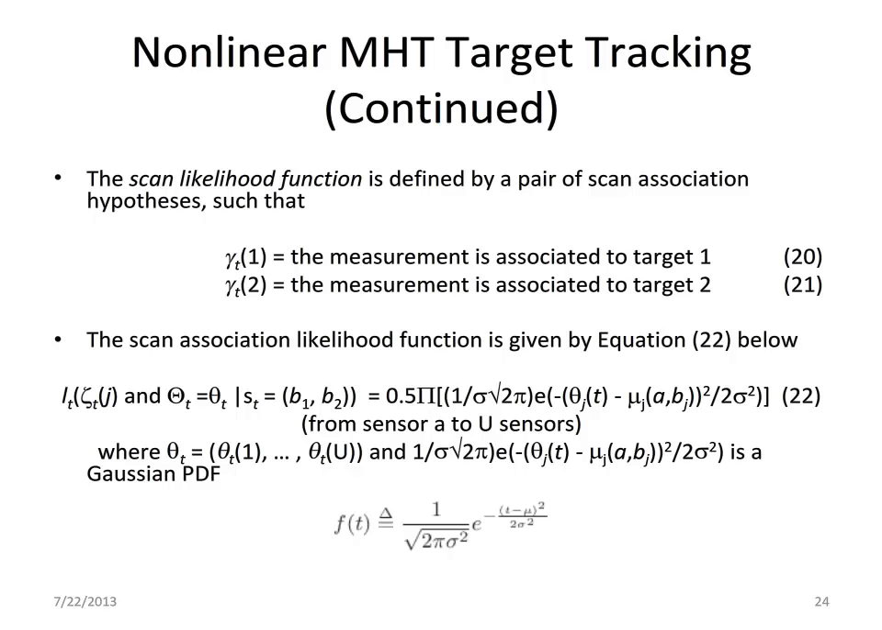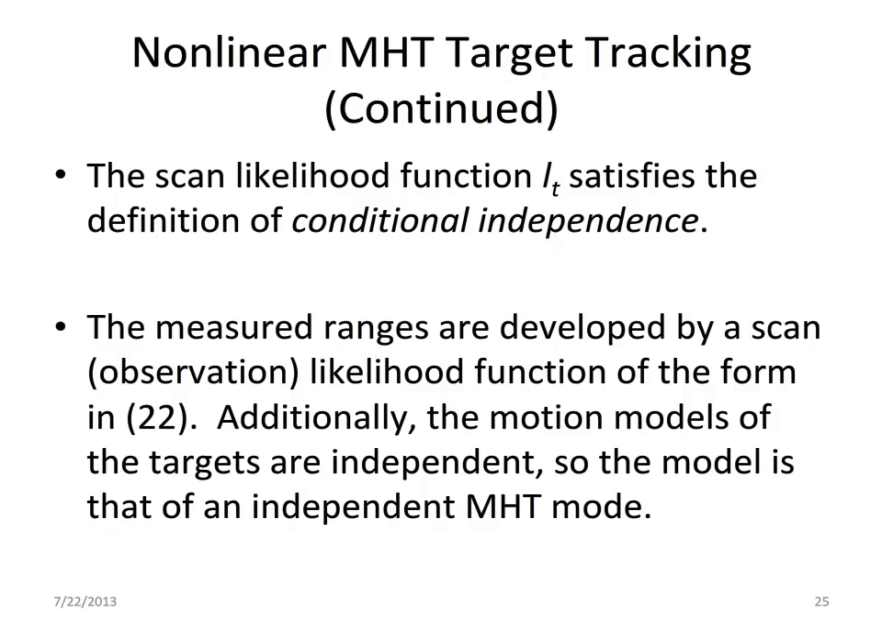We have something next called the scan likelihood function, and we denote that by a pair of scan association hypotheses, such that we have these two functions, gamma sub t for target 1, gamma sub t for target 2. The scan association likelihood function is given in equation 22, which I won't bother to go over except to say,